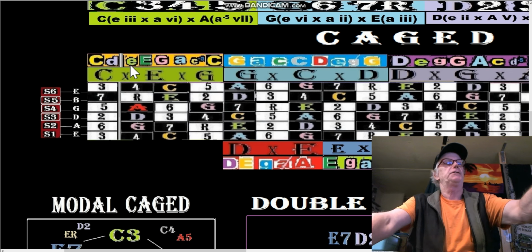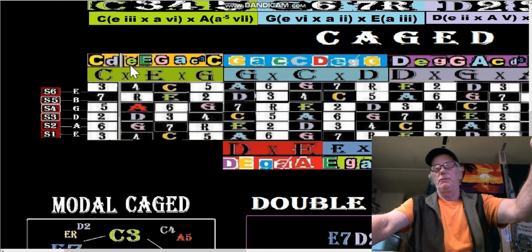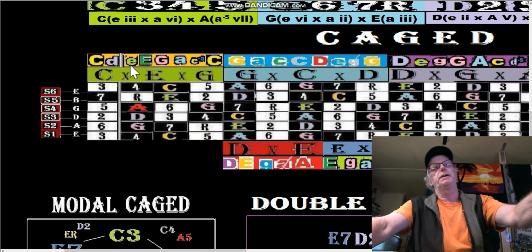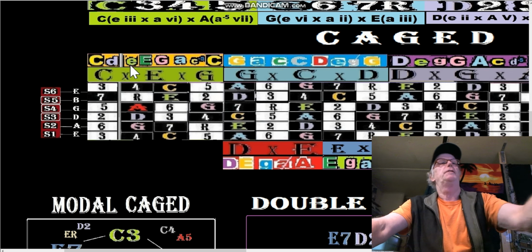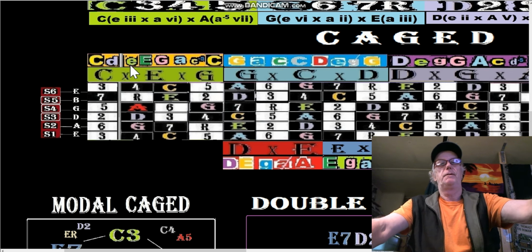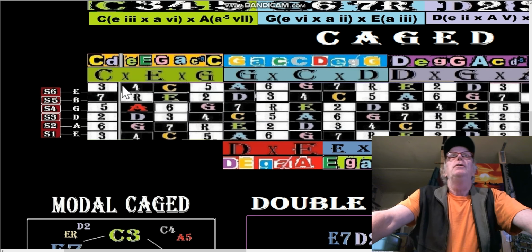So if I just play an F, which would be like F, A, C, that could be a root chord, it could be a 4th chord, it could be a 5th chord. What's it the 5th of? B flat. What's it the 4th of? C. What's it the root of? F. So we're going to have